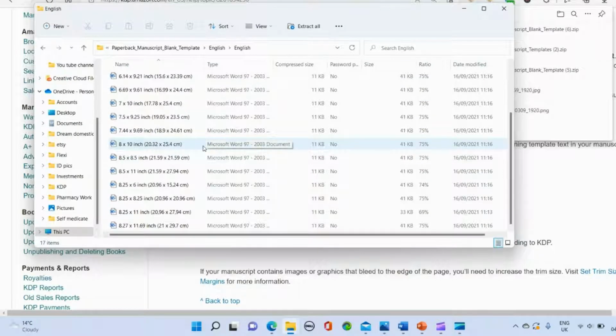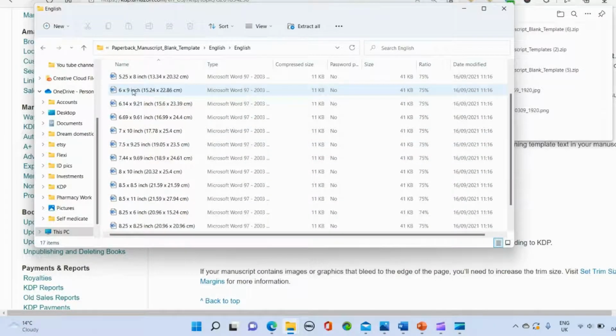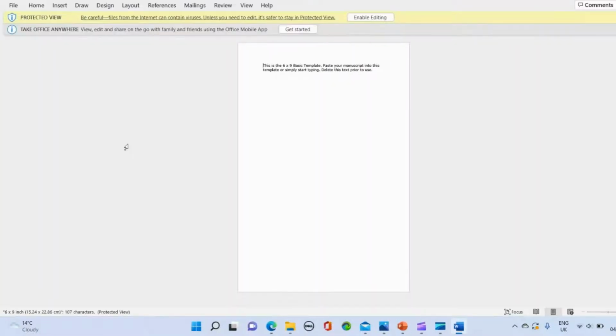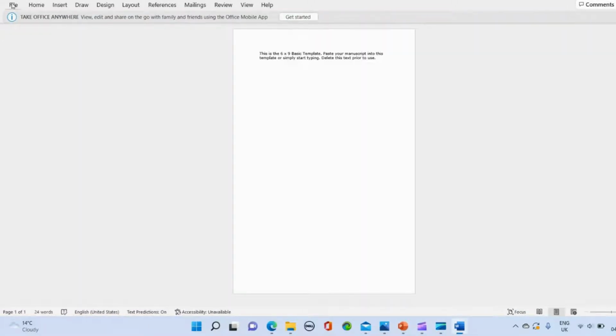So we've selected that we want to go with a 6-inch by 9-inch book. Okay, so here we go. This is your blank template, and you can then enable the editing and go ahead and save it. Okay, so we would just delete this prior to typing. Now I'm just going to do a bit of typing here, but let's say